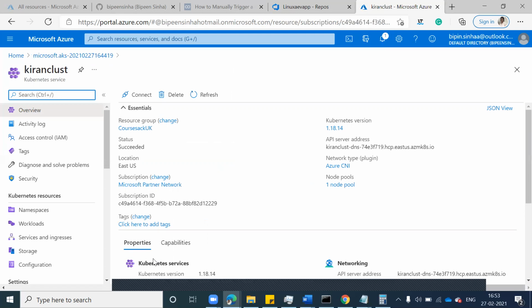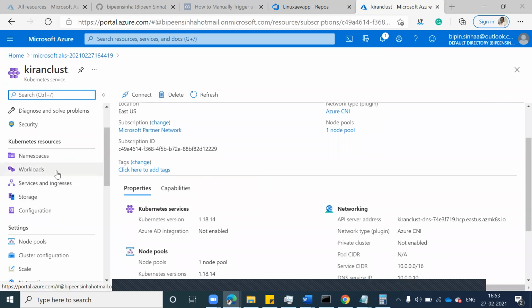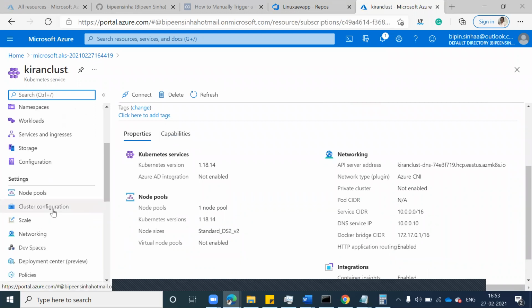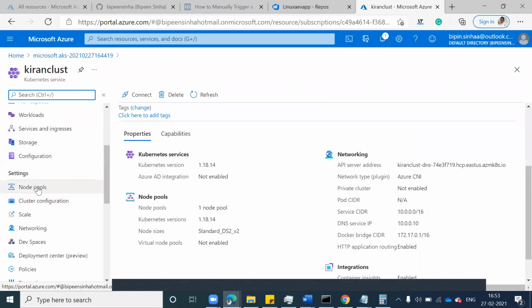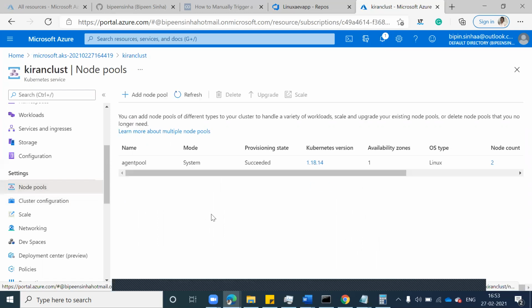There are all menu items through which you can manage. For example, how many nodes you have. Just click node pools on the left-hand side. How many nodes have we configured? 2 nodes. Correct?